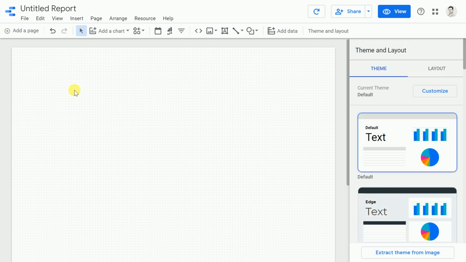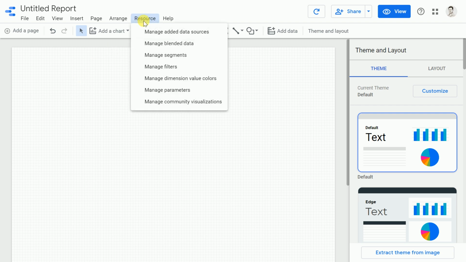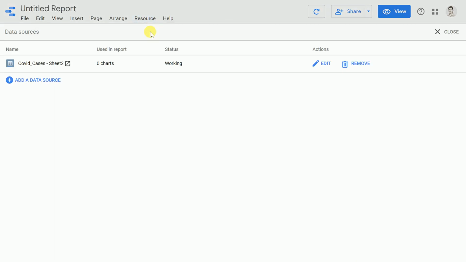Before I jump on to create a geolocation based dashboard, the first thing is I'll have to modify the data sources a bit in order to create that report seamlessly. So first thing that I'll do is I'll go to resources. I'll click on manage added data sources. I'll click on edit.